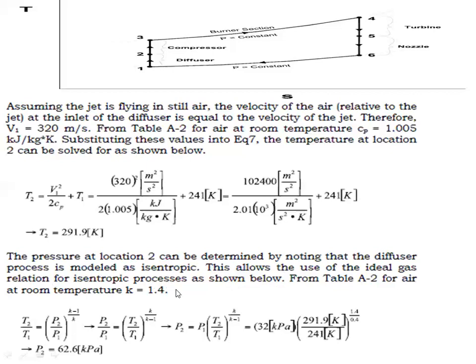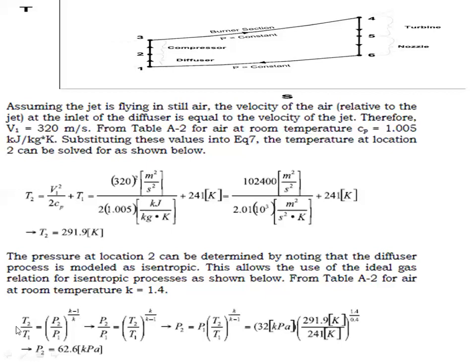So if you take that, K is equal to gamma, which is 1.4, and the 1 to 2 process is an isentropic process. If you apply the ideal gas equation, it is possible to write T2 by T1 must be equal to (P2 by P1) to the power of (gamma minus 1) by gamma, or (K minus 1) by K, where K is equal to 1.4.